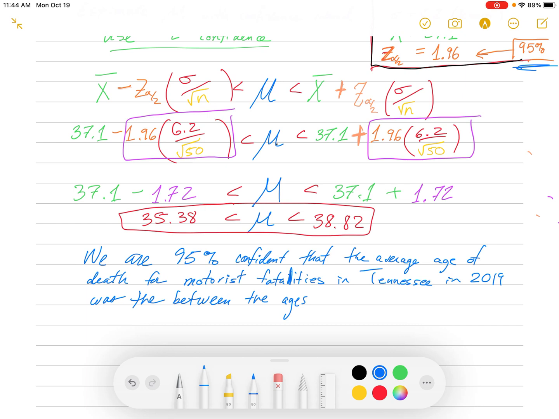If I can get that to right, there we go. The ages of 35.38 and 38.82 years. So reading that clearly, we are 95% confident that the average age of death for motorist fatalities in Tennessee in 2019 was between the ages of 35.38 and 38.82. So it's a pretty good level of confidence. You only have like a 5